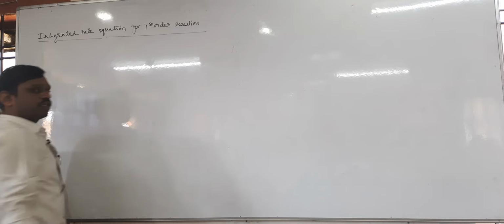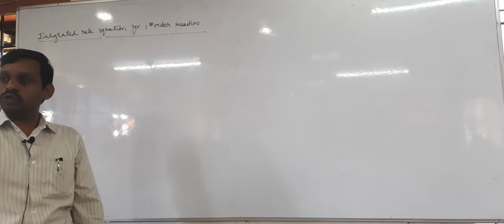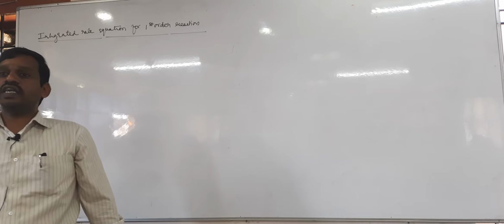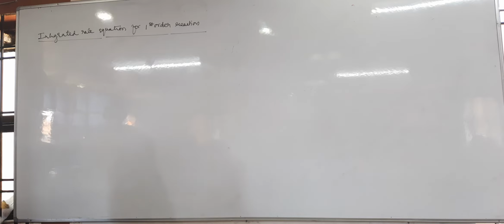Integrated rate equation for first order reaction. Okay, so write the definition of first order reaction. What is the definition? The reaction in which rate of chemical reaction is directly proportional to first power of the molar concentrations of reactant in experimentally determined rate equation. Done. The reaction in which a rate of chemical reaction is